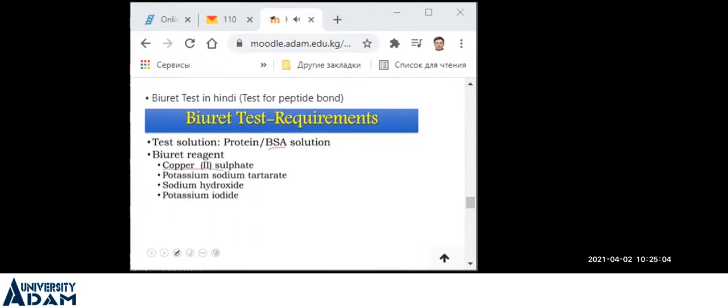ये नॉर्मली पेंटाहाइड्रेट फॉर्म में होता है, 5H2O इसके साथ होते हैं। दूसरा होता है पोटेशियम सोडियम टार्टरेट, इसको हम कॉमन फॉर्म में रॉकेल सॉल्ट भी बोलते हैं। तीसरा सोडियम हाइड्रोक्साइड जो अल्कली होता है। चौथा पोटेशियम आयोडाइड। ये 4 इंपॉर्टेंट कंपोनेंट हैं बाइयूरेट रिएजेंट के। हम आगे देखेंगे कि कैसे बनाते हैं और क्या क्या कितनी कंपोजिशन क्या होती है।